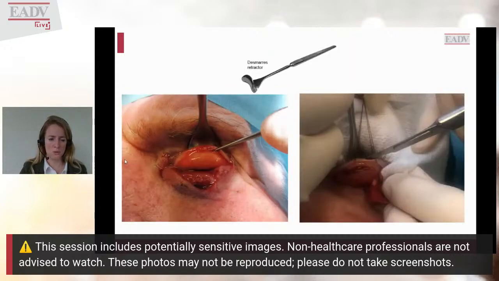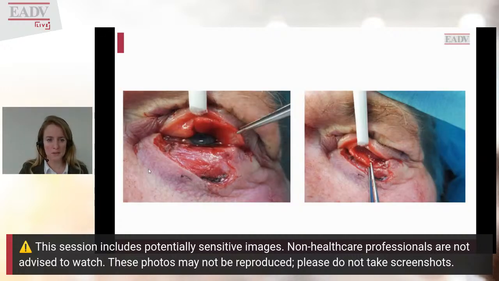Then we continue by reconstructing the lamella of the back, the conjunctiva. We invert the eyelid, and for this I like to use a Desmarres retractor, and then I make an incision and you can nicely see the tarsal plate exposed. I make my incision and I leave approximately 2 to 3 millimeters of the tarsus in place. After making this, here you can see the drawing of